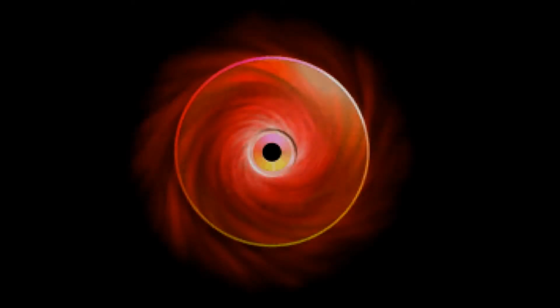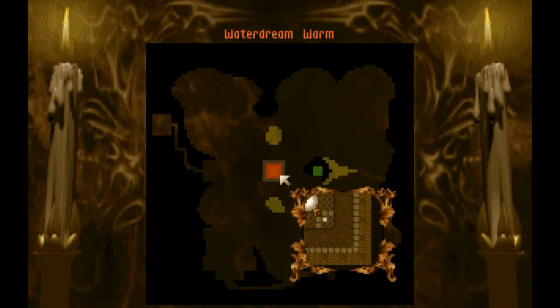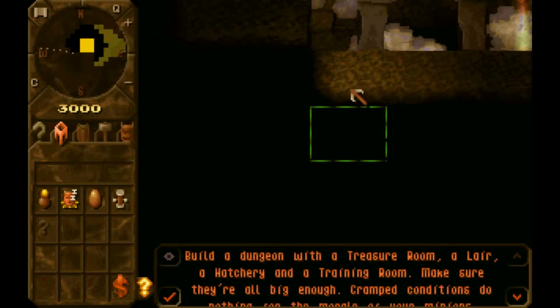Welcome back to Dungeon Keeper. This is level 3, Waterdream Warm. I don't know where the fuck they got the names for a lot of this shit. They're British, so whatever. So this is another mission where it's going to be a group of heroes that will